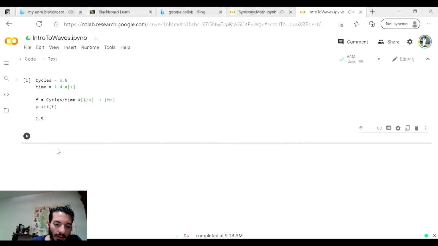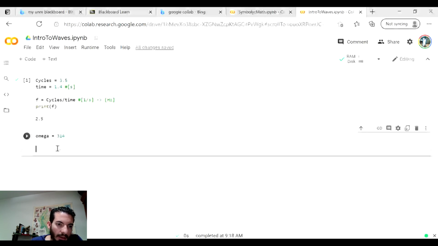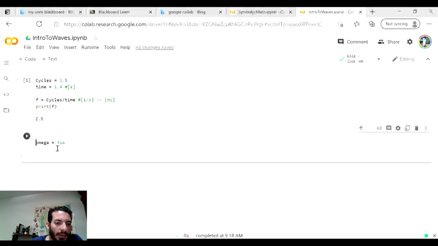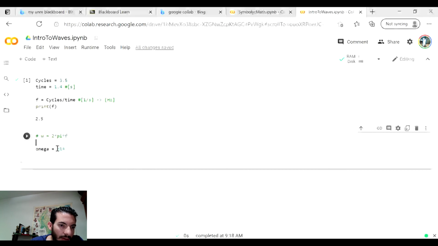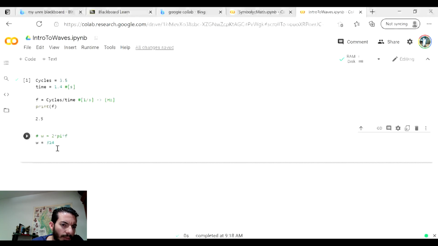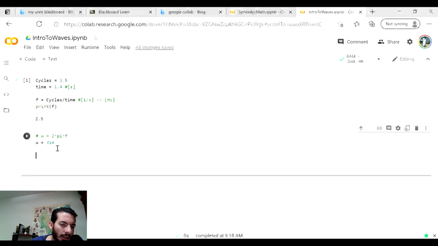Let's say omega equals 314, and we know that omega equals 2 times pi times frequency. We want to find frequency, so let's call this W instead of omega. So we just have to divide by 2 pi. So frequency equals